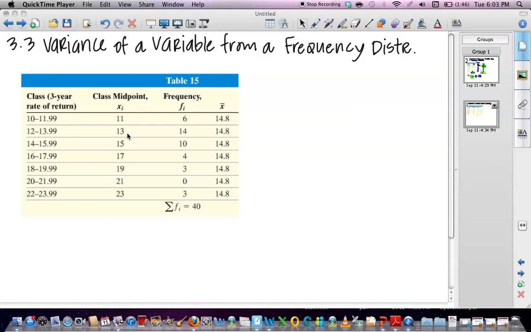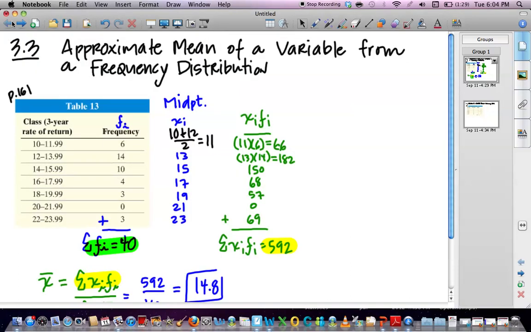All right, in this video we're going to discuss the variance of a variable from a frequency distribution. And at the end, we're also going to throw in the standard deviation of a variable from a frequency distribution. Let's take it back a slide to the last video where we calculated the mean of a variable from a